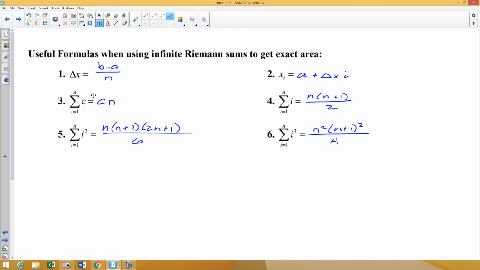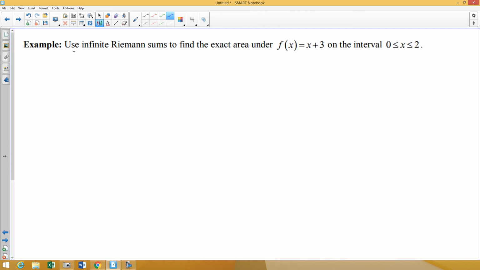Okay, so a real problem where we could use this, and I'm going to do one example and then I'll have another video later doing some other examples. So I want to use Riemann sums to find the exact area under this function on the interval 0 to 2. So my formula, I'm going to start off with the limit as n goes to infinity of the sum i goes from 1 to n, f of x sub i